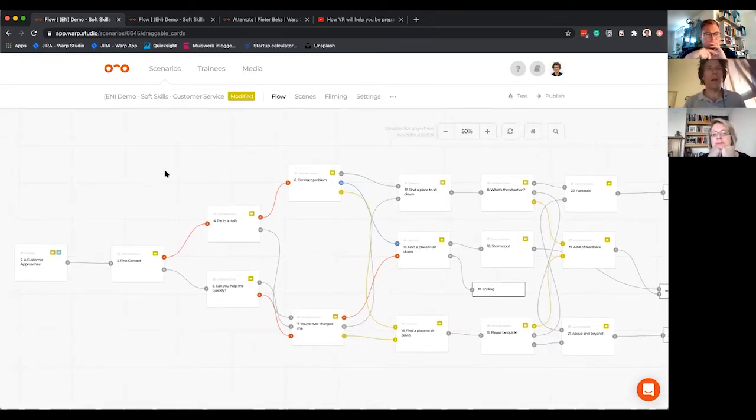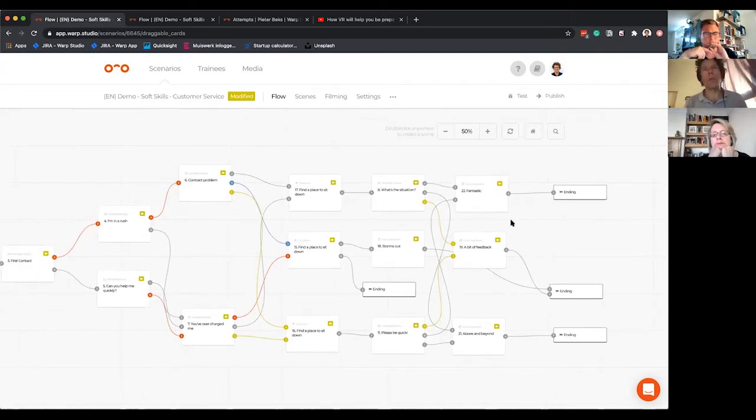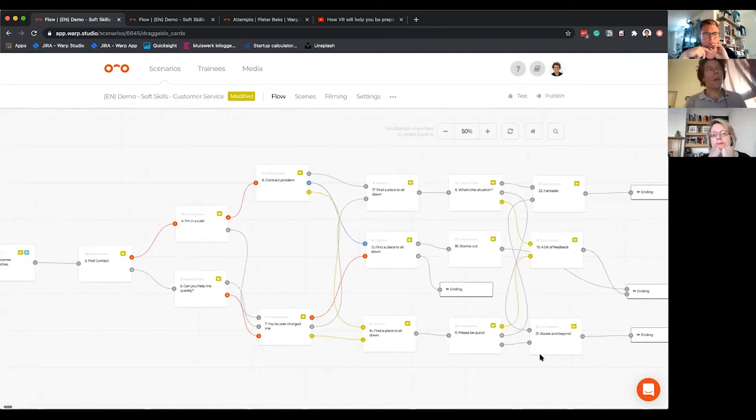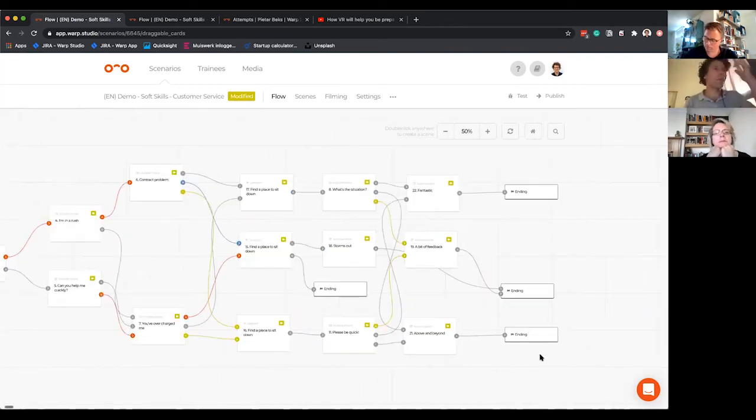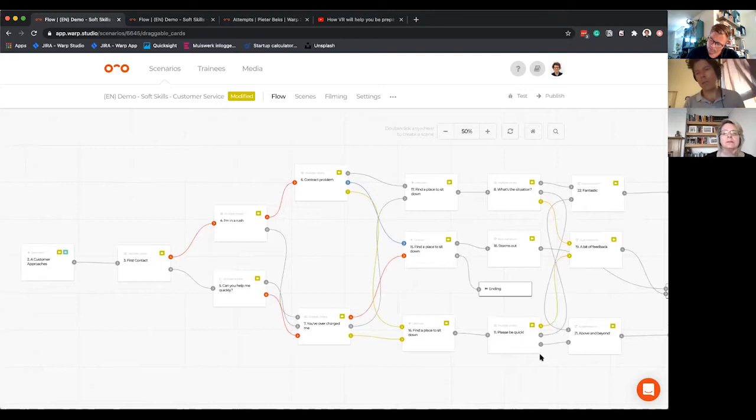And this is kind of how training scenarios are being built up. So what you're seeing here is a flow diagram with one starting point completely at the left, and there are multiple endpoints on the right. And what you should see is that every one of these blocks is actually a little portion of a video, but a 360 video. A 360 video, which is all around you once you put on the VR headset.